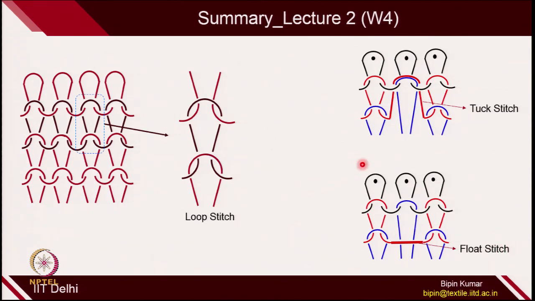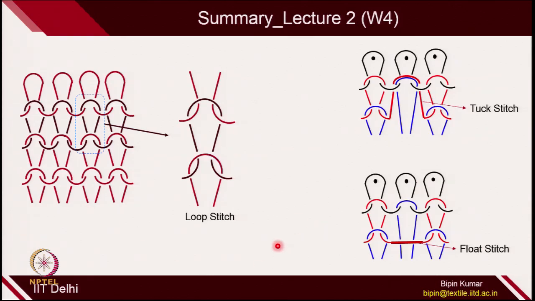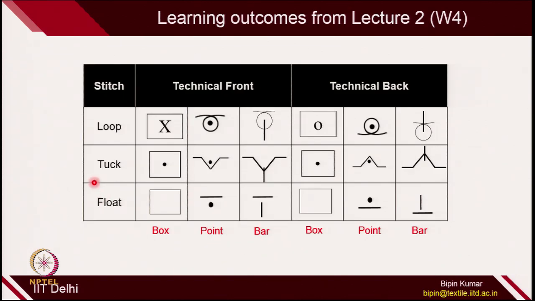You have also seen how tuck and float influence the fabric structure, how they control the shrinkage, and how they control the width. So, this is how they determine the fabric properties. But in this particular lecture we are going to learn how we denote fabric structures where you have loop, tuck and float stitches all present in the same platform of the fabric. So, before we start you need to understand the basic notation for these types of stitches.